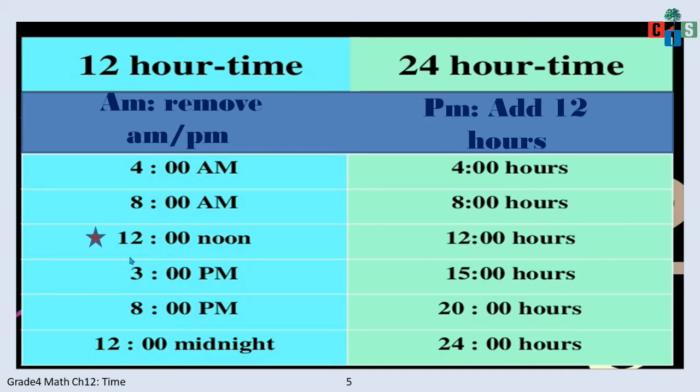Okay. Now see kids, here it's written noon. It's not written AM or PM. So it's very important to remember that whenever there is 12 o'clock, it is not either AM, it's not PM. 12 o'clock has no AM and PM. It's 12 midnight or it's 12 midday or noon. So 12 noon means 12 o'clock in the afternoon and it turns to be 12 hours.